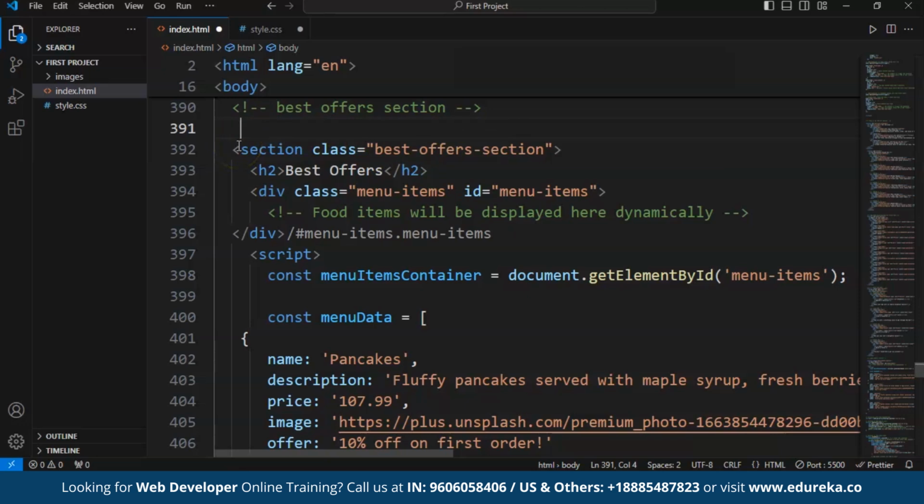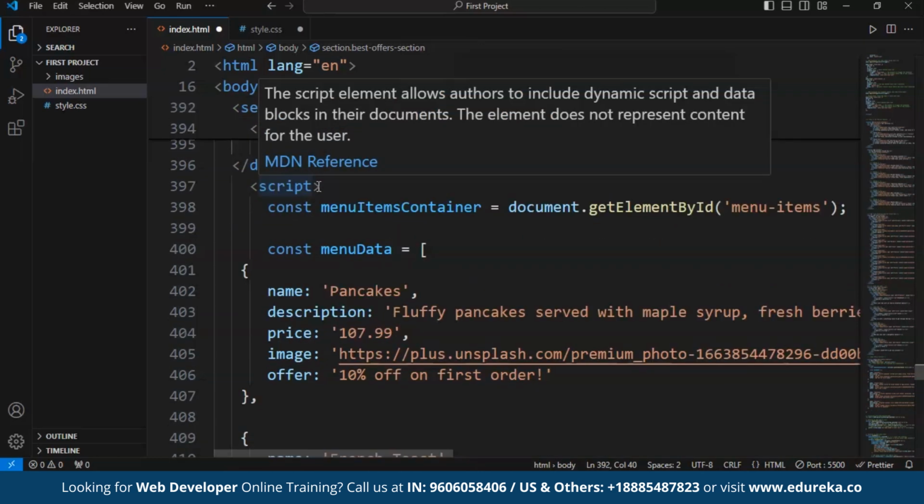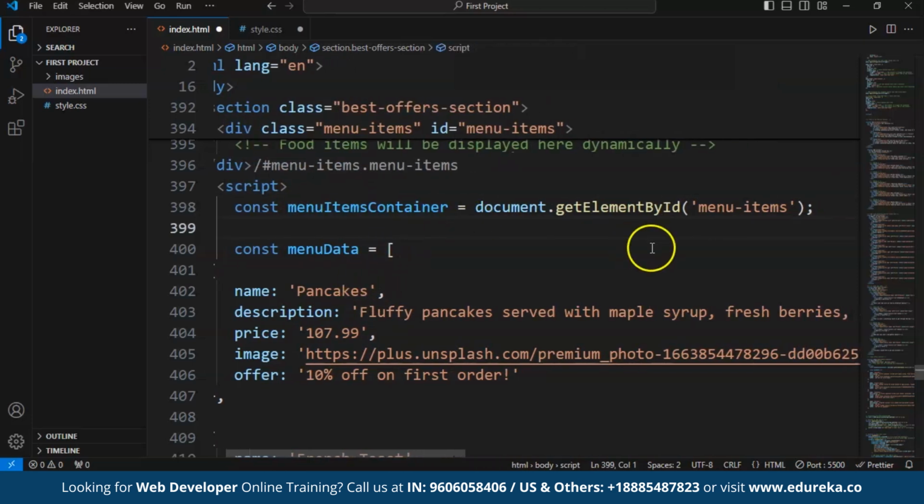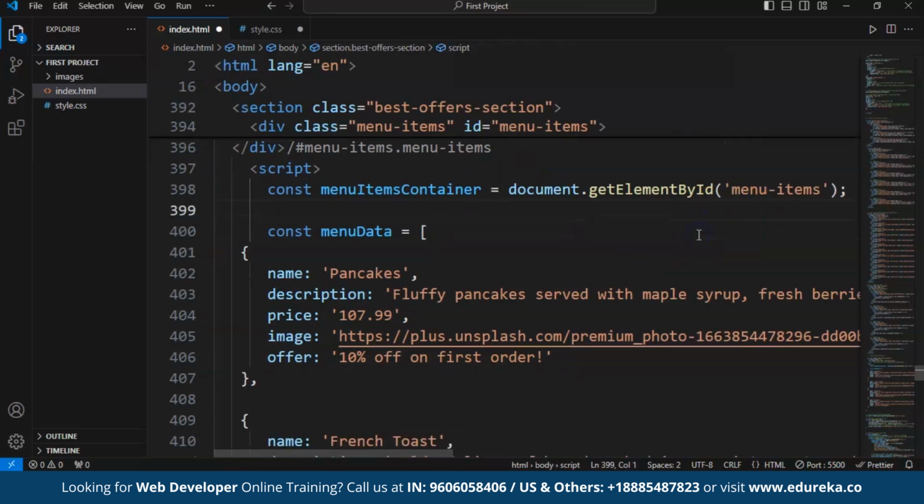Like every section, we'll start this section with a section tag which says best offer section. We will provide one heading of best offers and then we'll create a class of menu items. We are also going to give this division an ID that says menu items. Now we are going to write this section using JavaScript because we have to add the add to cart functionality into this section. First of all, the data will be fetched from the menu items and then we'll